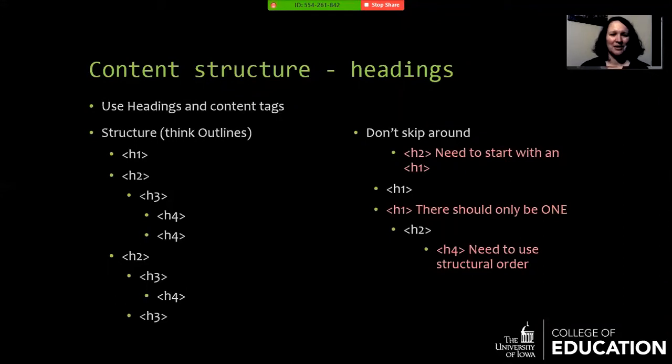After your title, your Roman numeral or heading 2 is next. And after that can be another heading 2, or it can go deeper into a heading 3. From a 3, you can go to a 2, have another 3, or a 4. As long as you're going deeper in the content, you need to go sequentially through the headings. But you can always return to a higher level, topic level. So you can go 1, 2, 3, 4, 2, but you should not do 1, 2, 4,